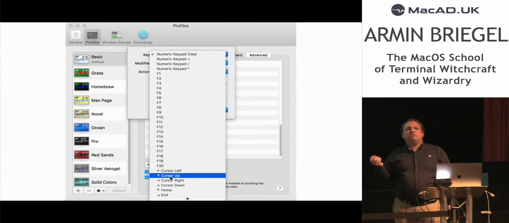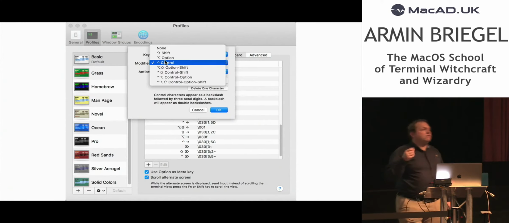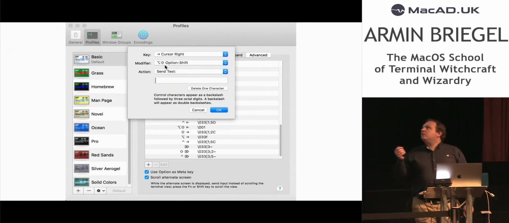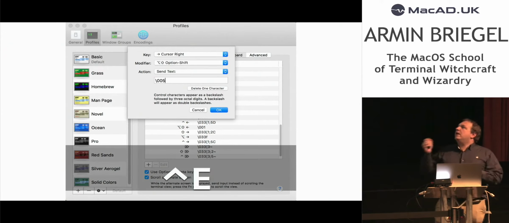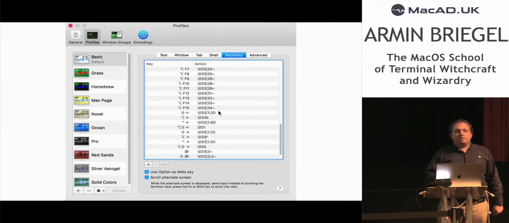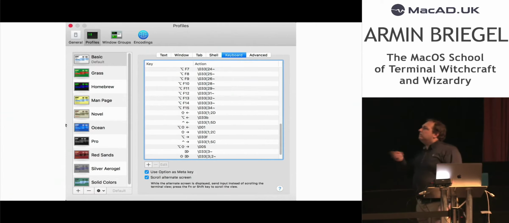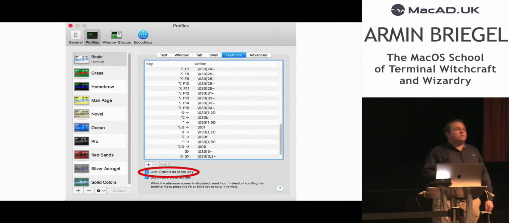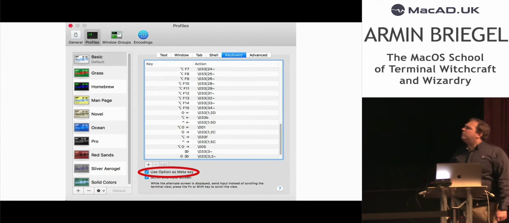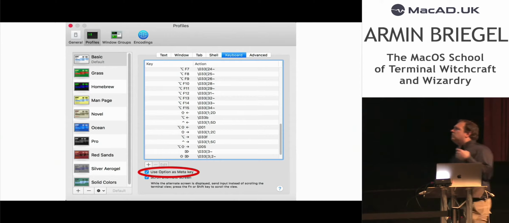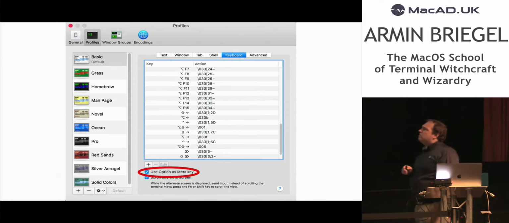I use Option Shift, or you can use Command left and right arrow, and then you have to go in and assign the Control A and Control E keystrokes to Option or Option Shift, whichever you prefer. And down here is also where you find the Use Option as a meta key, which you should have activated because it re-enables many standard Unix keystrokes.